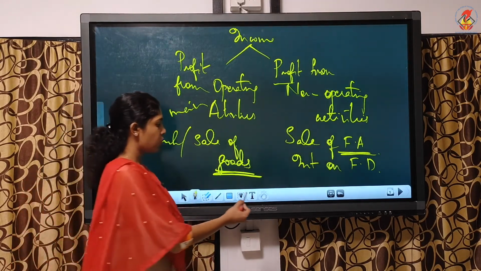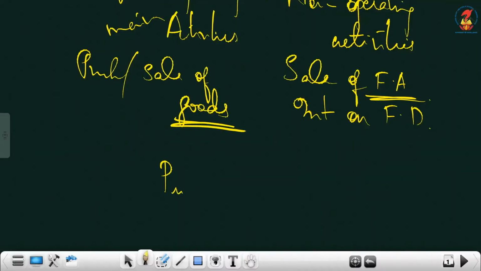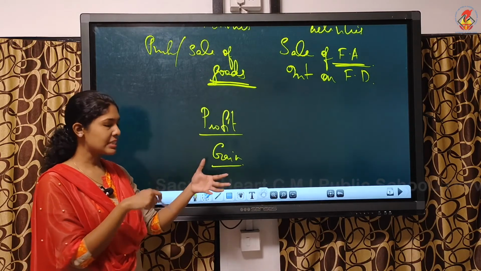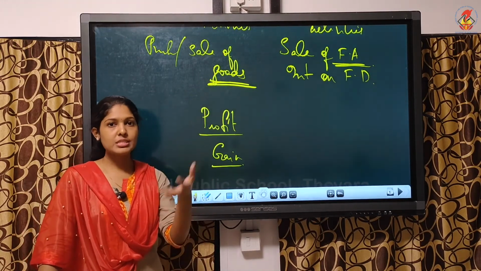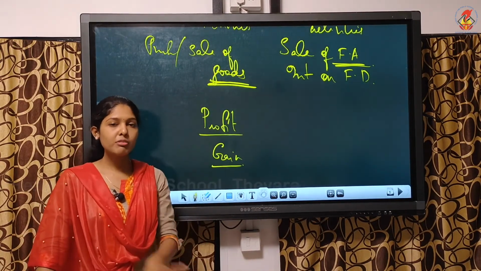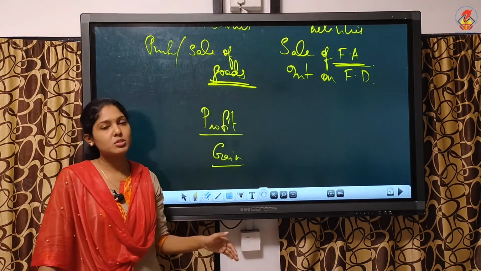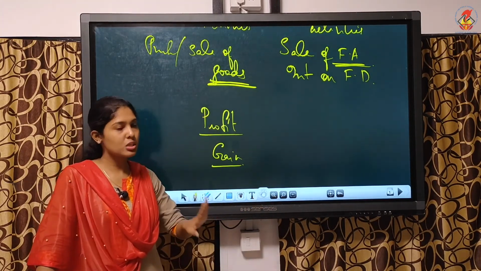Now, we will see what is the difference between profit and gain. Already we discussed these two in this term income. So, I will explain what is profit and gain. We use all these terms interchangeably: income, profit, gain. From a layman's point of view, everything is the same. But for you, commerce students, there is a slight difference between all these. You must understand all these, don't memorize this, you will get confused.